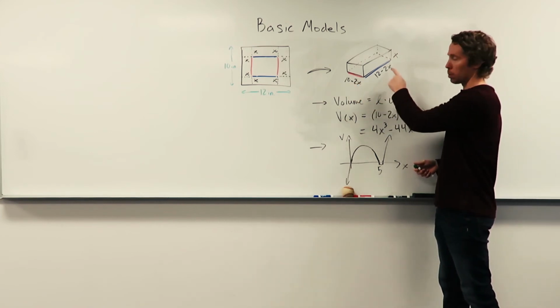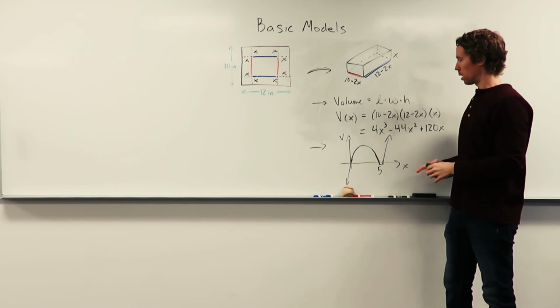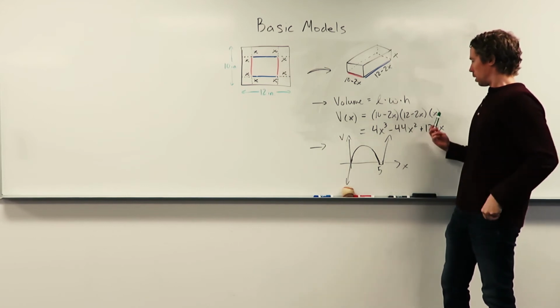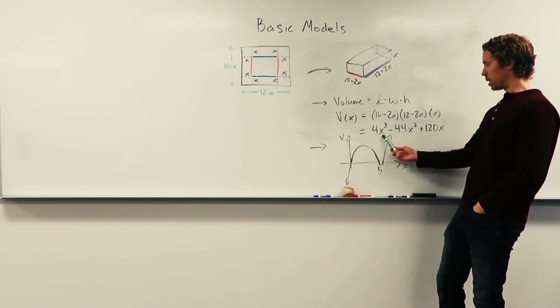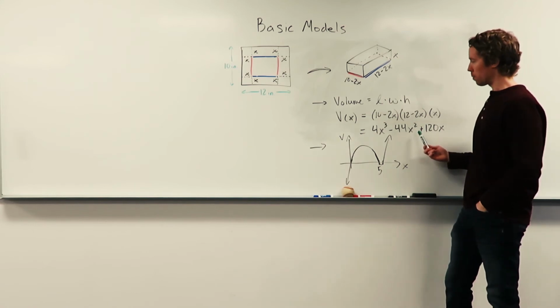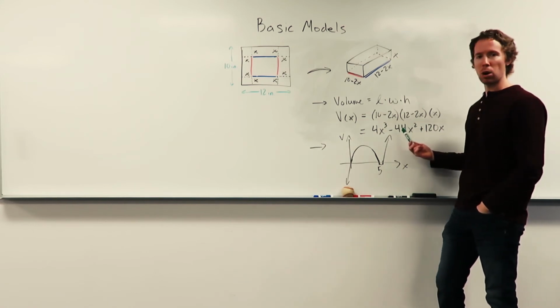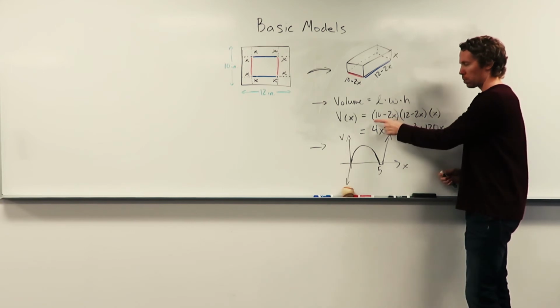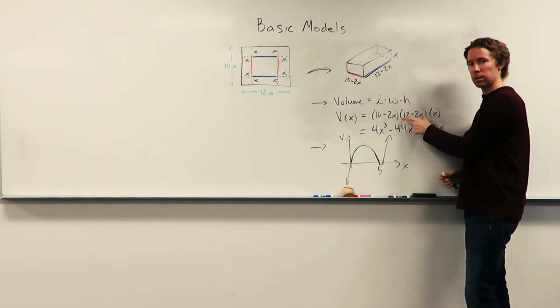So 10 minus 2x times 12 minus 2x times x. That gives us the volume. If you multiply that out, this is what you get. You can see the highest power of x would be 3 because when you multiply these parentheses times these, you